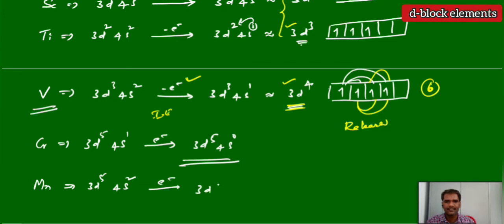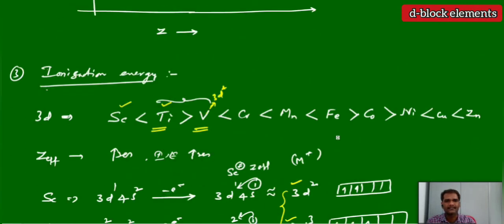After removal, we will get a 3d5, 4s1 configuration. But actually, this is a stable configuration. And if you bring an electron to this 3d6, again, you cannot observe much exchange energy here. Here also it is not a considerable amount. That is why we can see the regular trend from chromium to manganese.